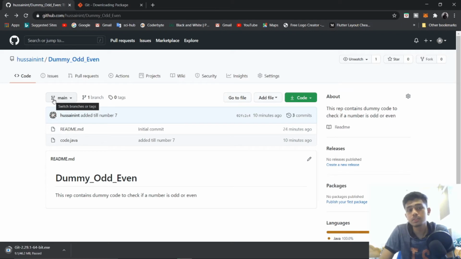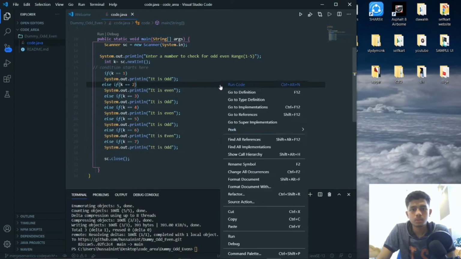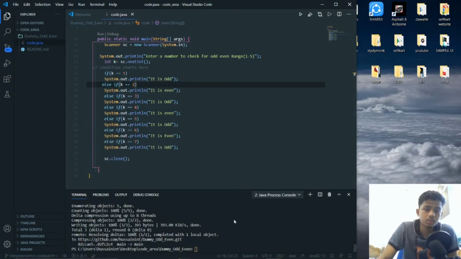In our previous video, we directly uploaded our code to our main branch, right? So we'll not do that. We'll go to our terminal. You could either type this in your CMD or Git Bash or your VS Code terminal. We'll create a branch first. We are in our project folder, we have created a project, and this is the code there.